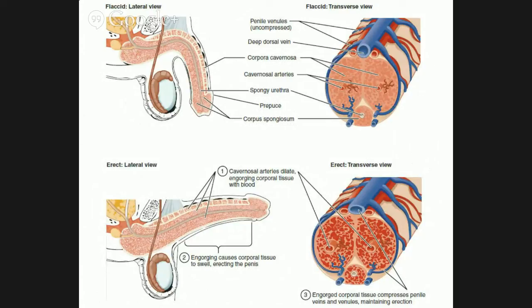So in the picture of the penis that we see here, the sagittal view, the urethra is surrounded by this stippled-looking spongy tissue, and then along the top, there are these little bits and pieces that have the same appearance. All of that's the erectile tissue. That tissue has a blood supply, and when blood gets to the tissue, all of those blood vessels dilate and